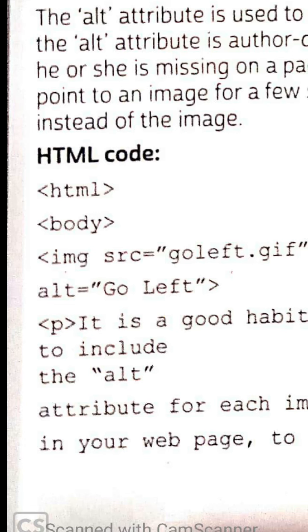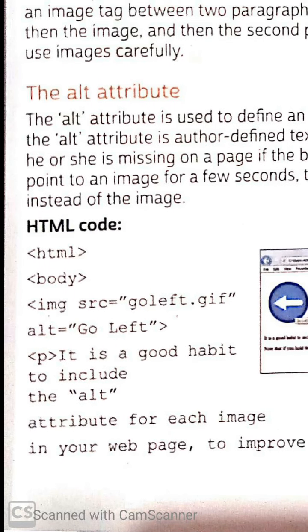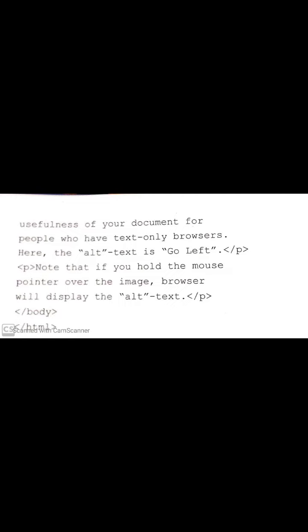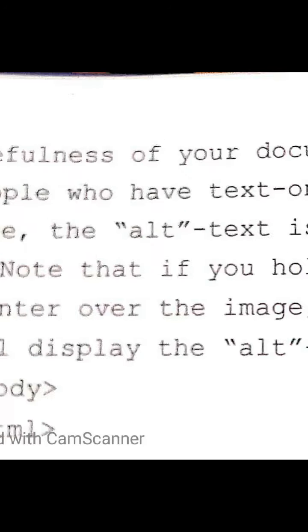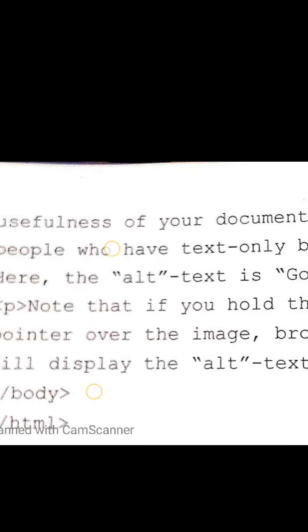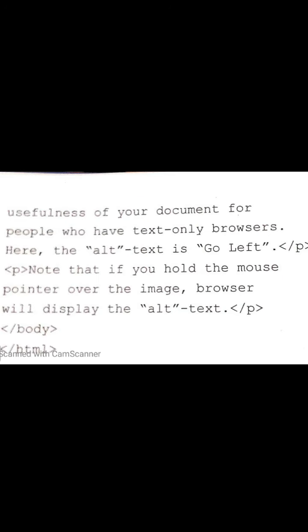Then what is the alternate? You have to mention alt equal to go left. Paragraph. It is a good habit to include the alt attribute for each image in your web page to improve usefulness of your document for people who have text only browsers.